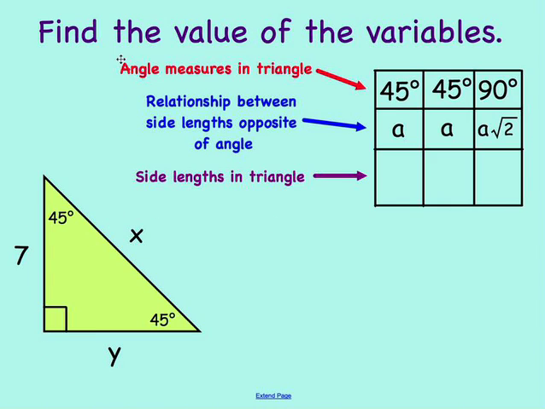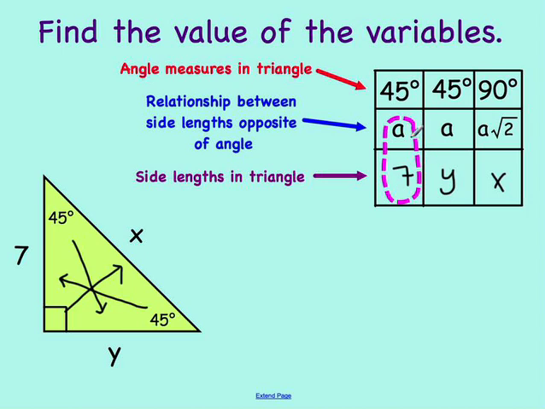So for this one, we see that across from one of the 45 degree angles is the measure of 7. So that's one of the lengths of our legs. Across from the other 45 degree angle, we have y. So that's one of the variables we'll need to find. And across from our right angle is our hypotenuse, and that is x, our other variable that we'll need to find. Now once you have this information in your chart, you can take a look and see which one you have the length of